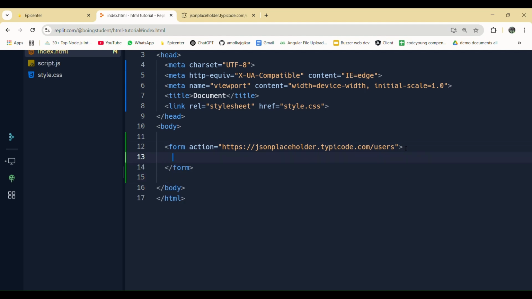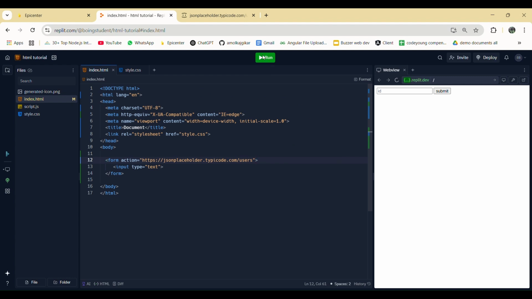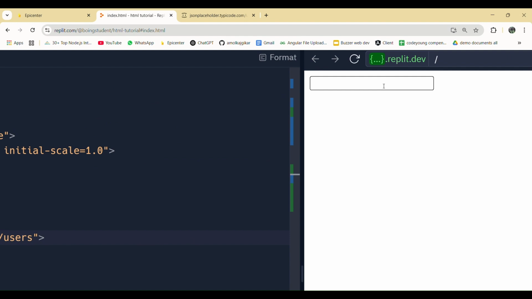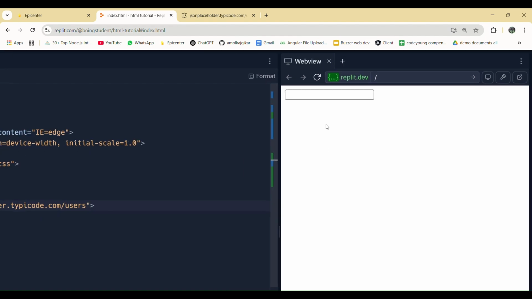And inside it, I can have multiple inputs, right? There are different kinds of inputs. I'll start by putting this very simple input tag. It says type equals text, and this is what we get by default, right? If I run my code at this point, that's what I'm getting. I'm getting an empty input, right? And we actually cannot say what exactly we need to put over here, right?